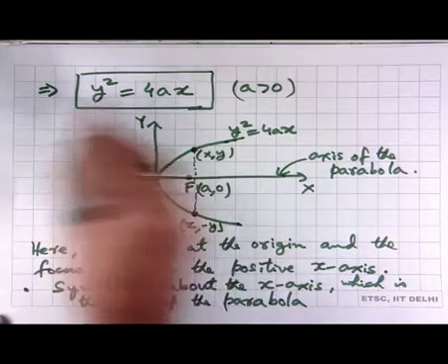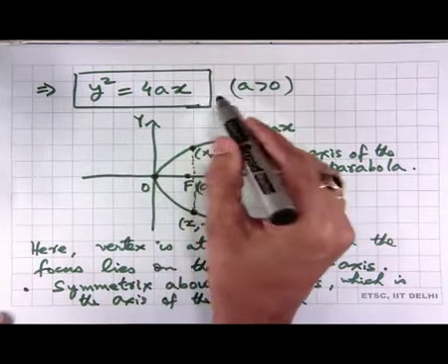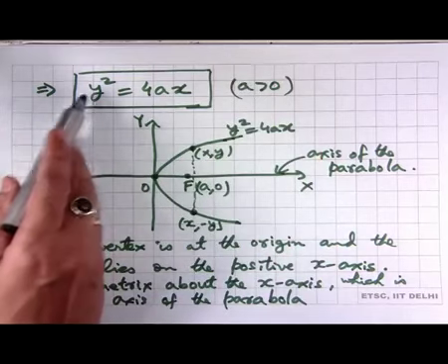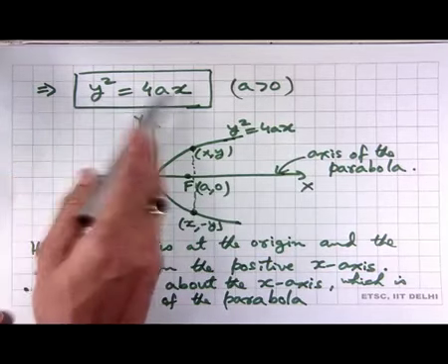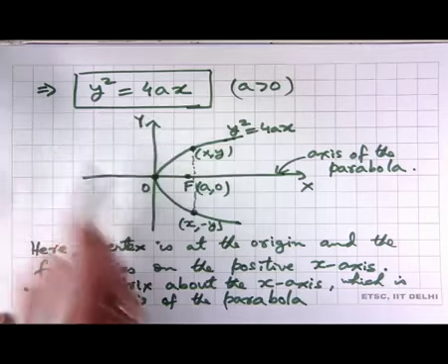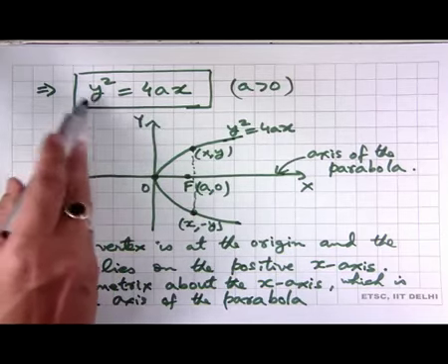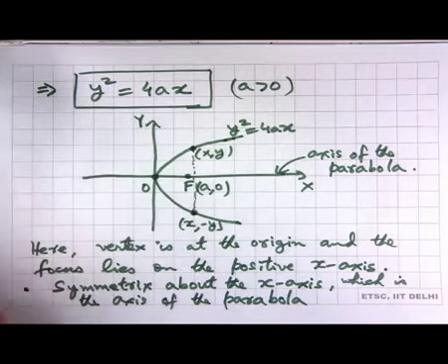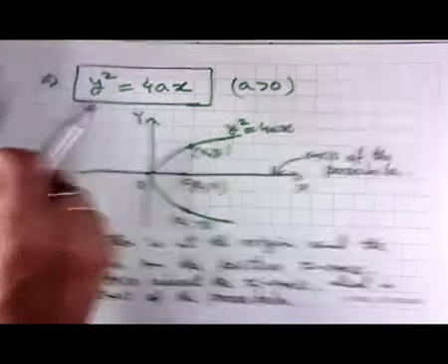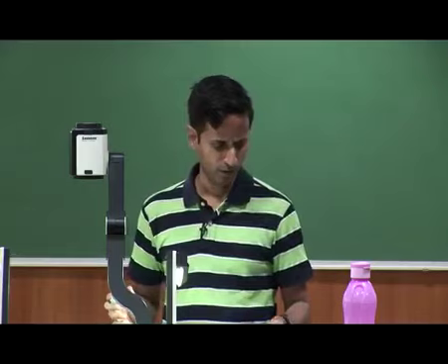This can be easily seen from the equation also, because if x comma y lies on this equation, we have y square equal to 4 a x, and then if I put x comma minus y, square is same as y square. So, it also satisfies. So, we will see some more